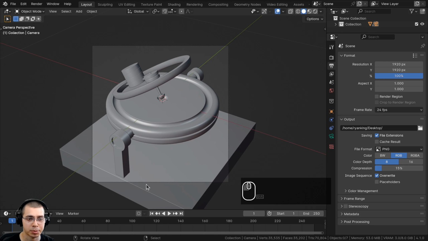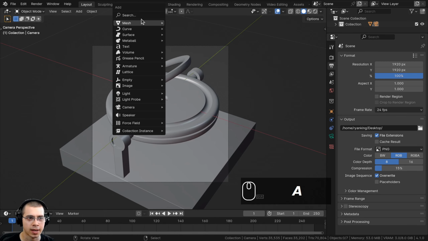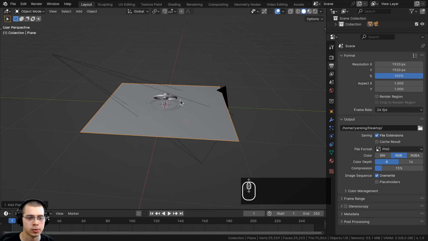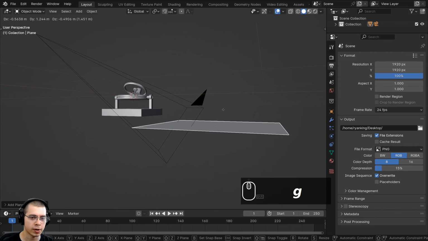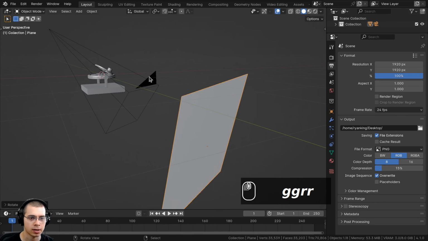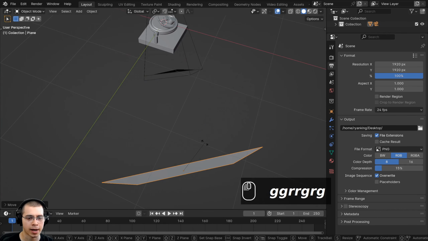And then I also want to add a plane for the background. So I'll go to the add menu, let's go here to mesh, and I can add a plane, and I'll zoom over here, and I'm going to bring the plane way back, and I'm going to rotate the plane. Let's rotate it back here. We're just going to add this plane kind of as a backdrop image.